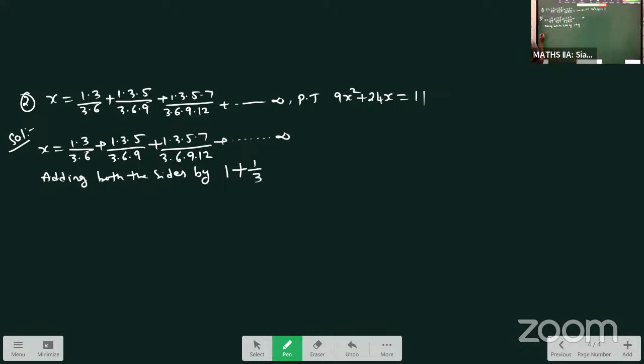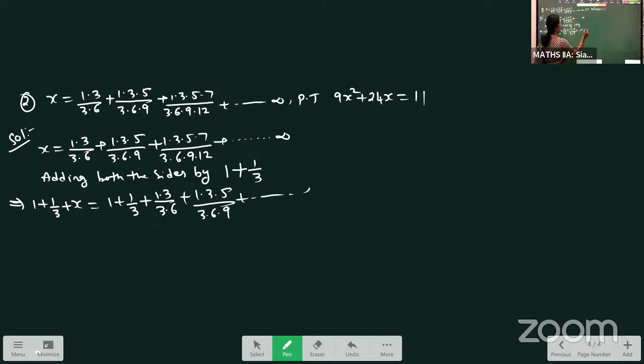Now go to the question and add: 1 plus 1 by 3 plus x is equal to 1 plus 1 by 3 plus 1 into 3 by 3 into 6 plus 1 into 3 into 5 by 3 into 6 into 9. The last term you can ignore. So on to infinity. Now 1 plus 1 by 3 is 4 by 3 plus x as it is equal to,